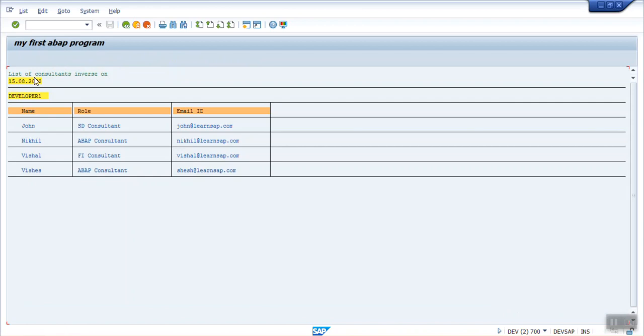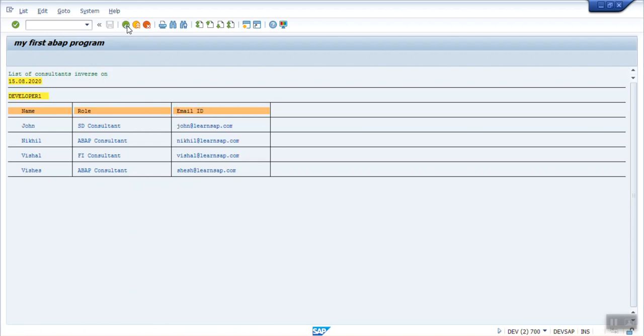Now we can see the list of consultants is showing in green color as a font because we have added the inverse on. For this we have not used inverse on, that's why the background color is yellow because we have set 3. This is the user ID, and for the heading I have added a color. So in this way, based on our requirement, if you want to make a beautiful report,